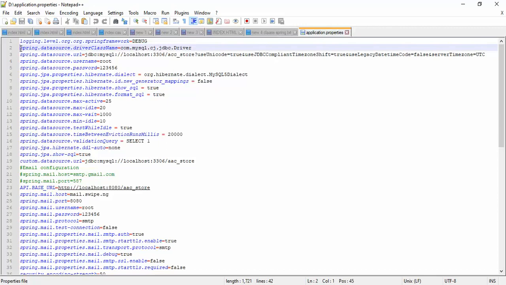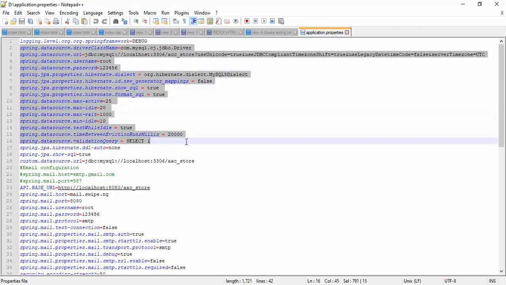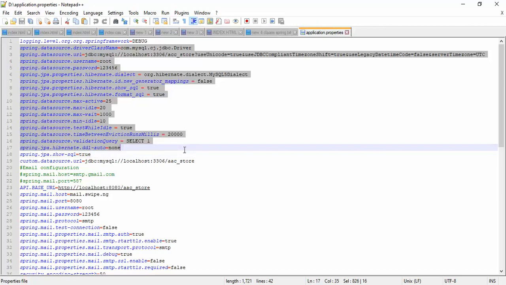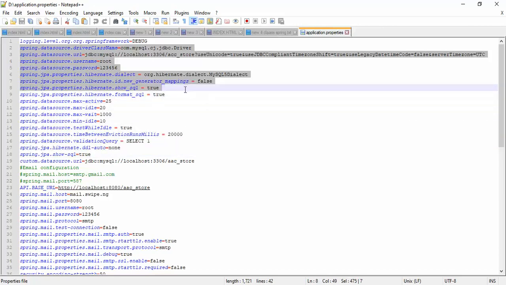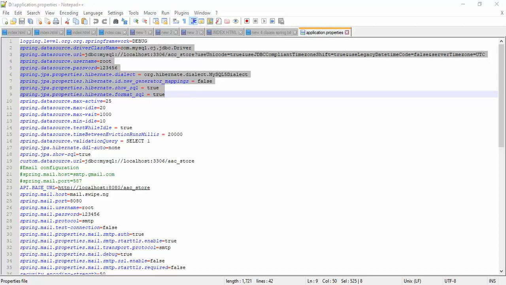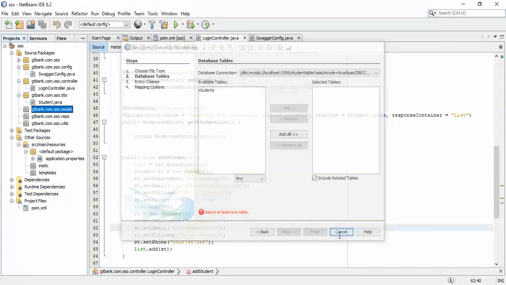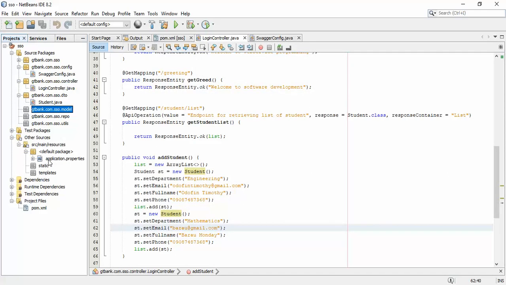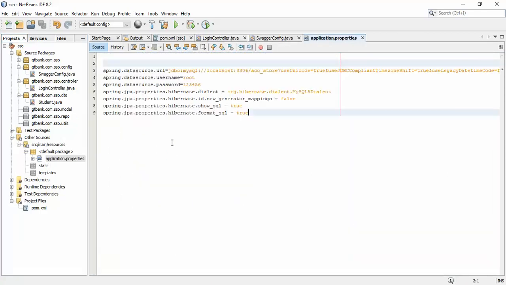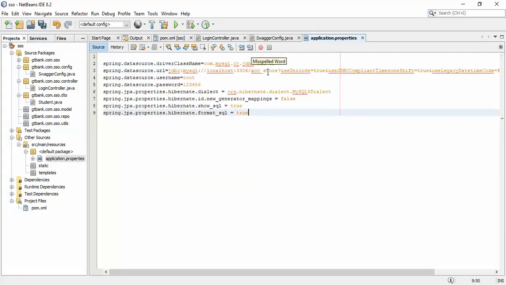Let's first copy the property file. You are not to do anything with it. Don't be scared that you are going to copy. The first thing is I will modify this application property file, paste it here,